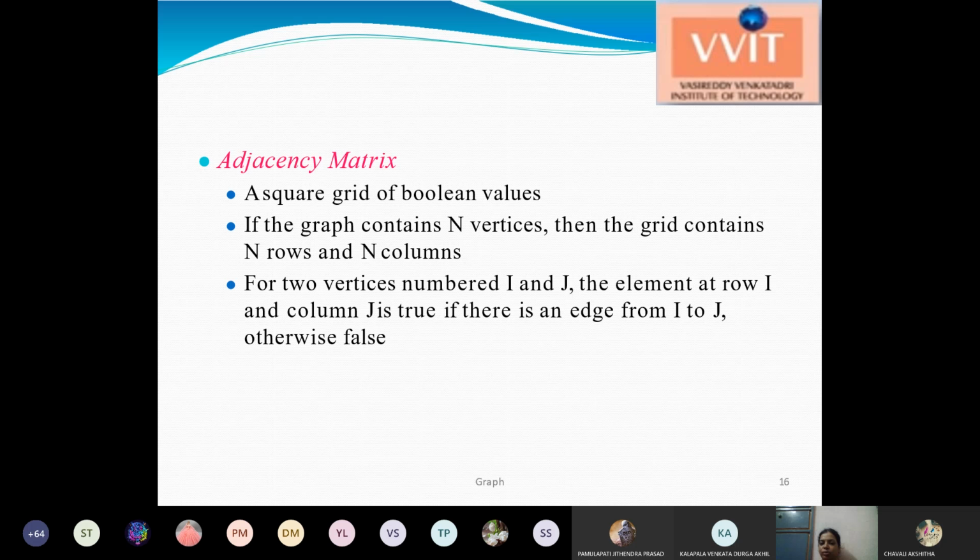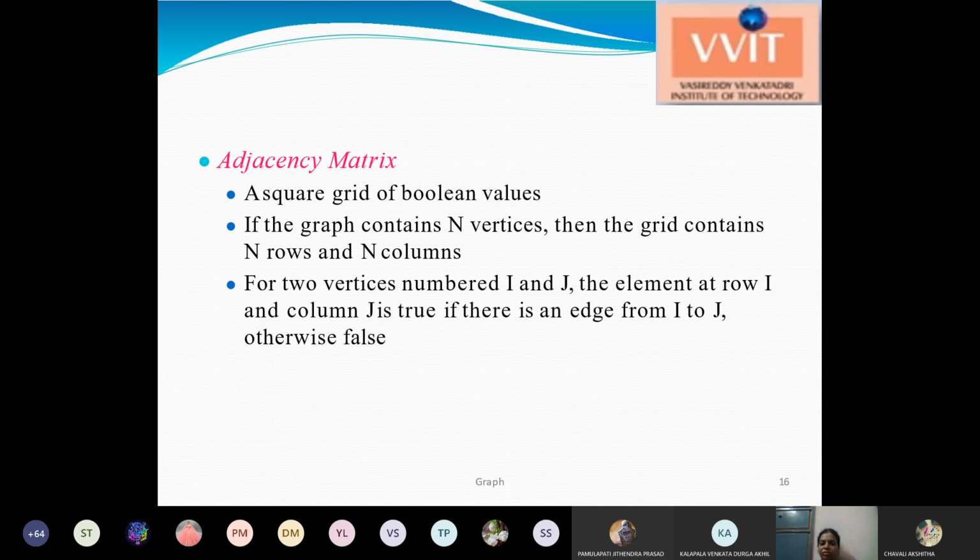Then we can represent that place as 1 or 0, where 1 is true and 0 is false. So if vertex A is connected to vertex B, we place 1 at row A, column B. If A is connected to C, we write 1 at row A, column C.